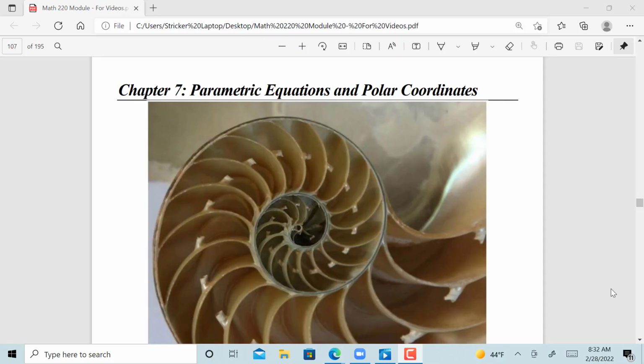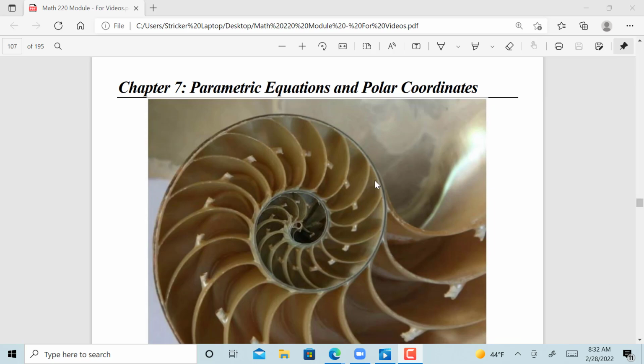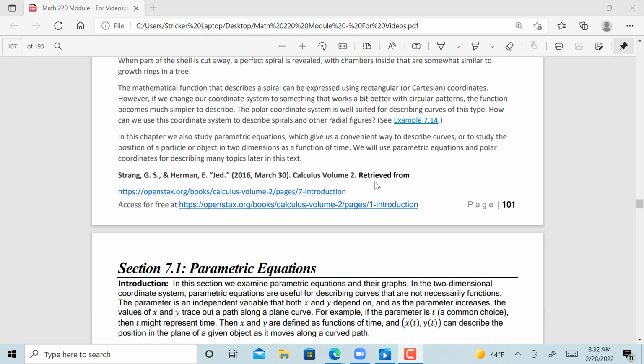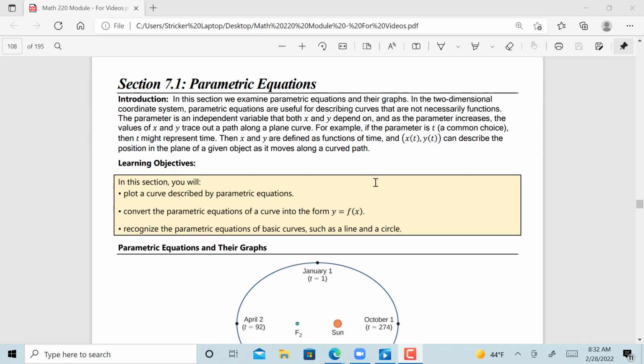All right, next we are going to be starting chapter 7, which is titled Parametric Equations and Polar Coordinates. We're going to get to polar coordinates a little bit later in the chapter. Chapter 7, section 1 deals with parametric equations, and we're basically going to introduce the concept of what a parametric